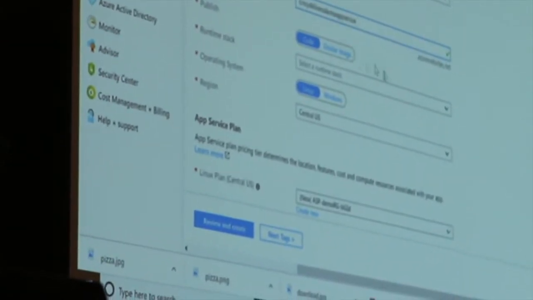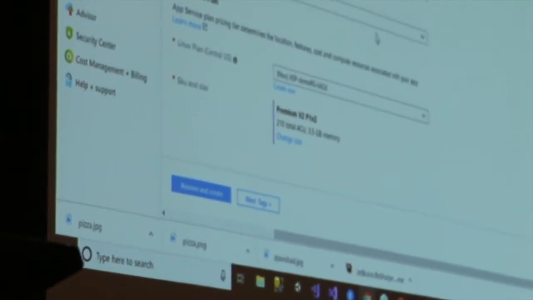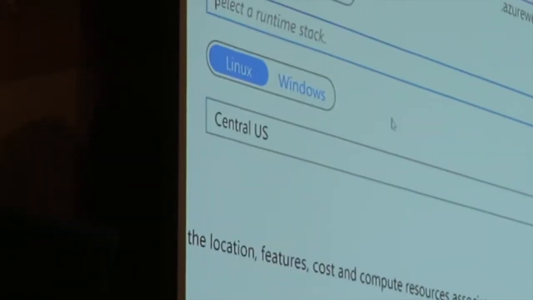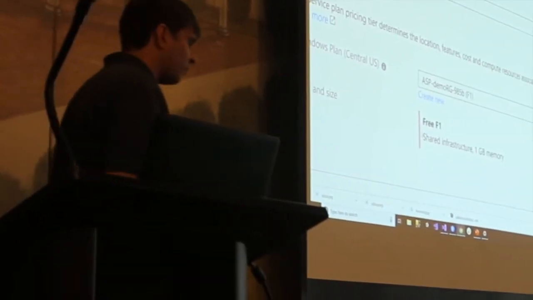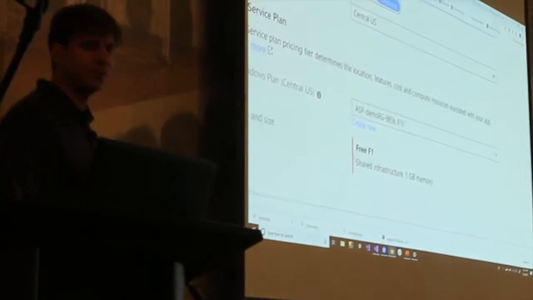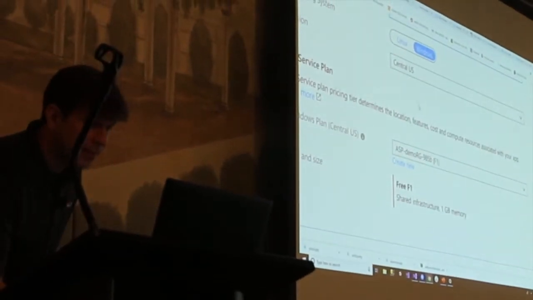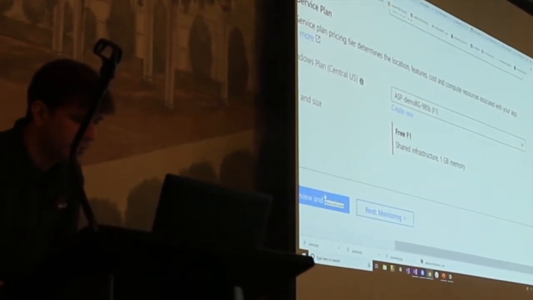I'm publishing code, not a Docker image. I don't care what the operating system is, Windows. I've got to select a runtime stack. Here, let me make it so you can see this. There we go. I'm going to select the runtime stack. I built a .NET Core 2.2 demo app. It's here, and I have selected the SKU and the size, the free F1, which is a puny server, which is probably why it's free. That's it. So I hit review and create,